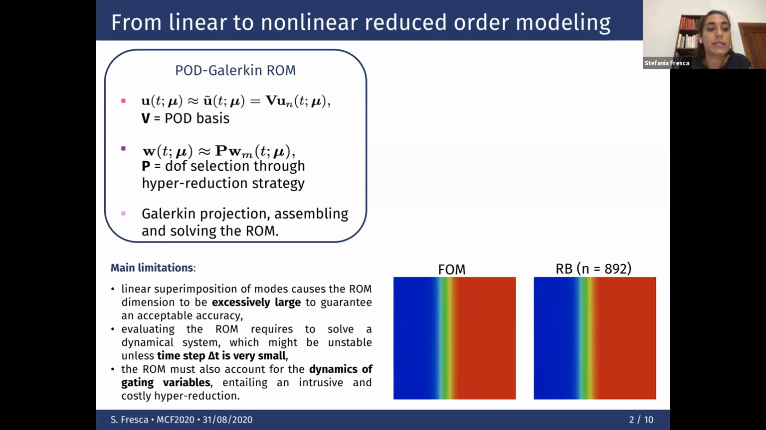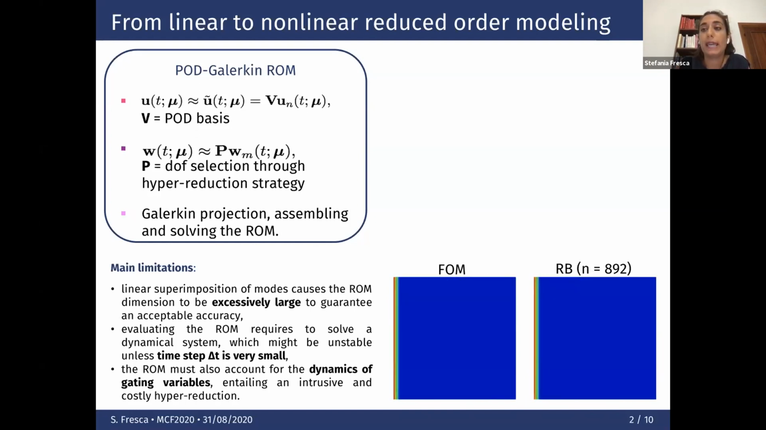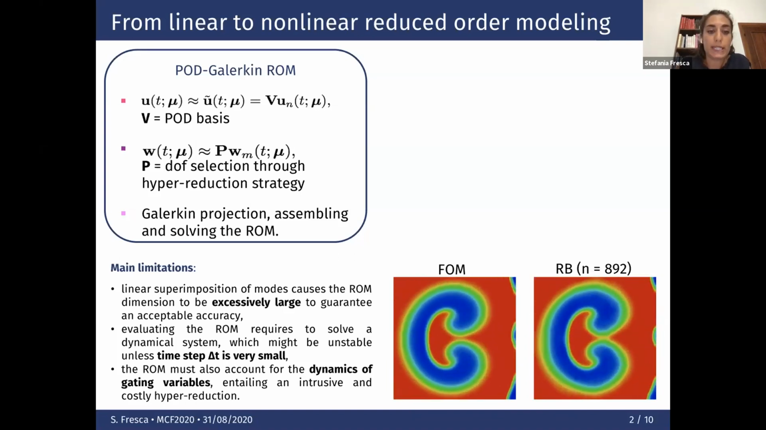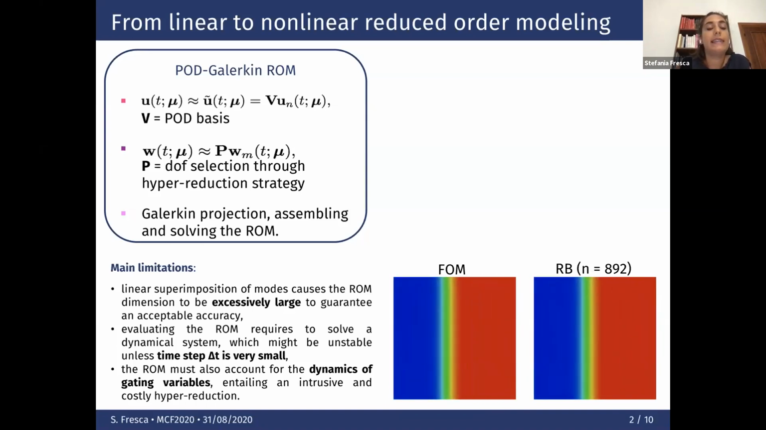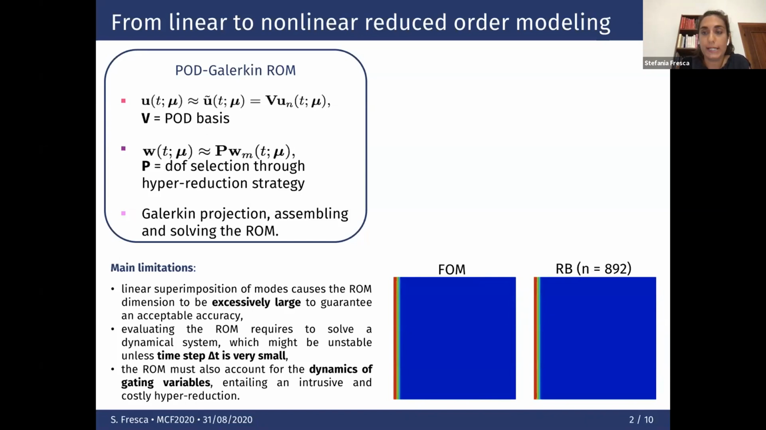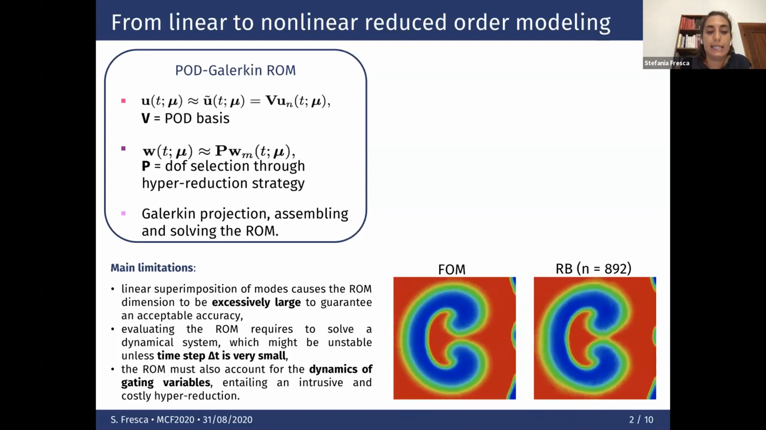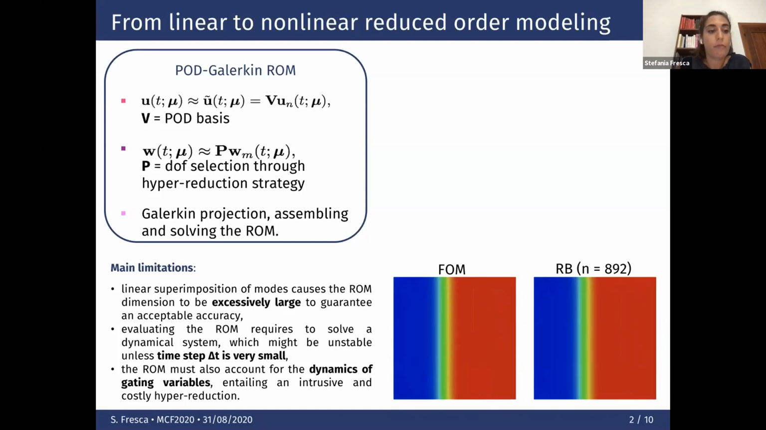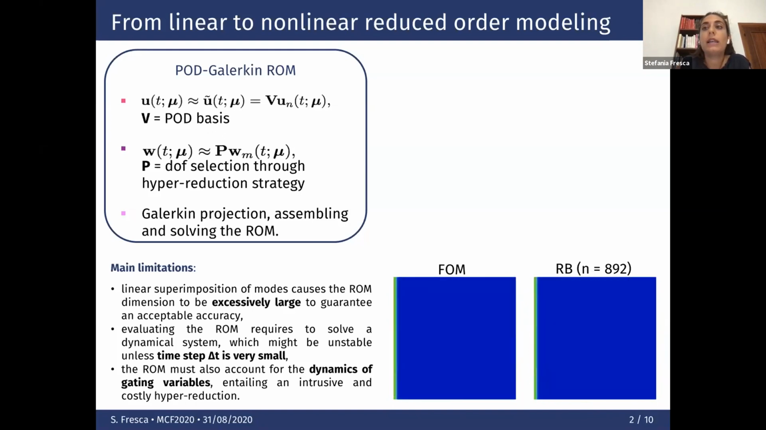POD-Galerkin ROMs show several limitations when dealing with coherent structures which propagate over time. For example, the linear superimposition of modes results in a very high-dimensional linear trial manifold, or the number of basis functions needs to be very high in order to get an acceptable accuracy. Moreover, evaluating the ROM requires solving a dynamical system which might be unstable unless you choose a very small time step. The ROM must also account for the dynamics of the gating variables, even if one is interested only